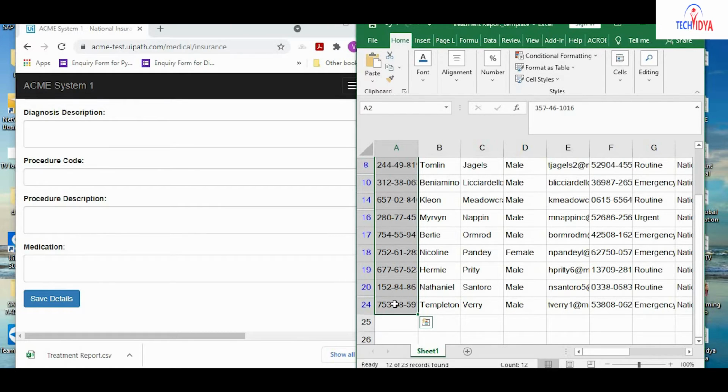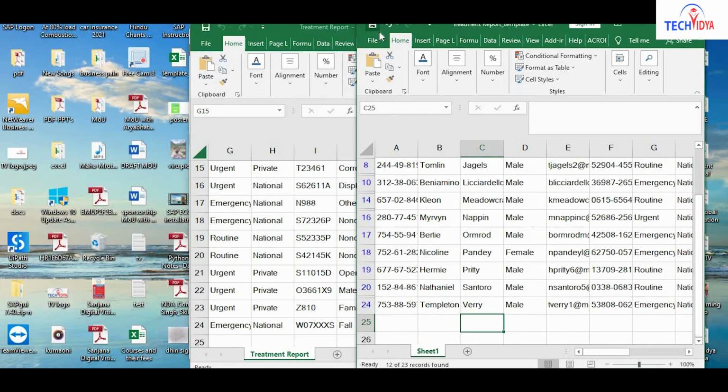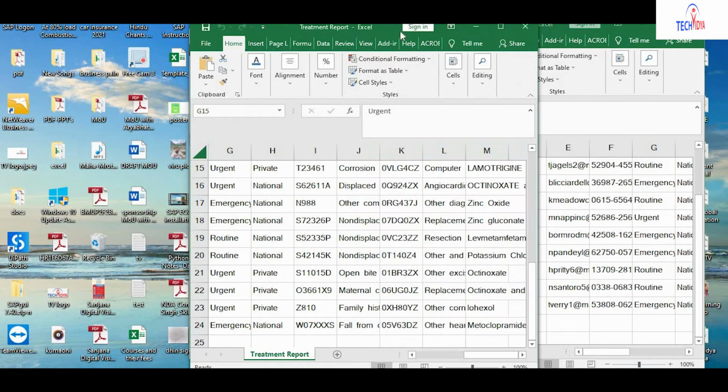For a single person it will take around 3 minutes. So for 12 persons it will take around 30 minutes to 1 hour for the complete process. So let us automate this process and find out how much time it takes. Now we will do it with the help of robotic process automation.